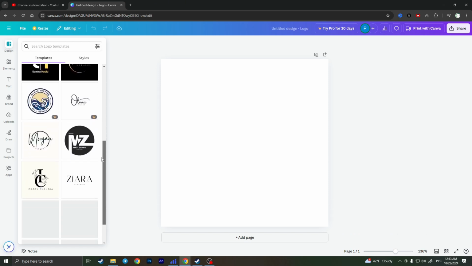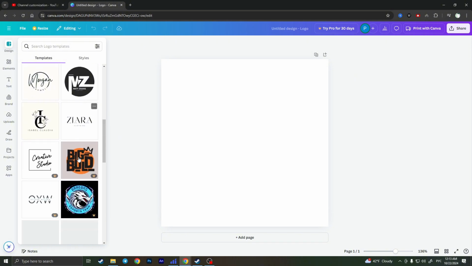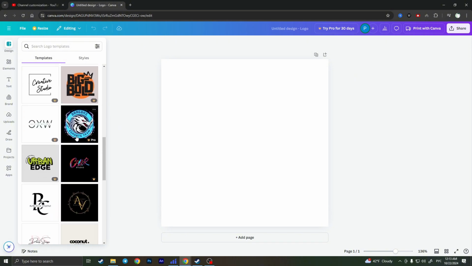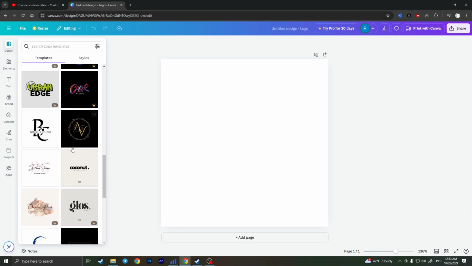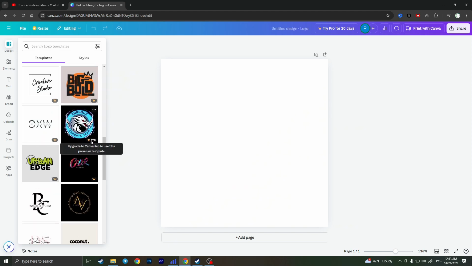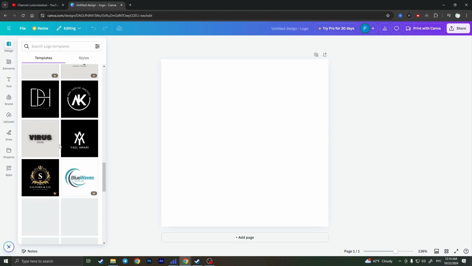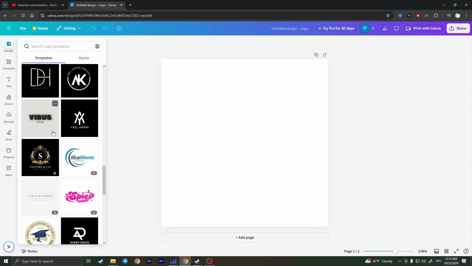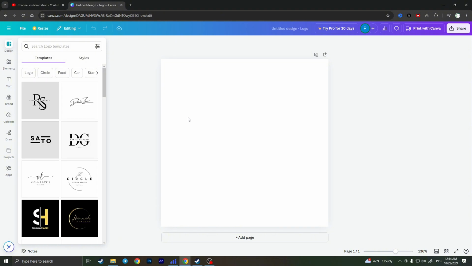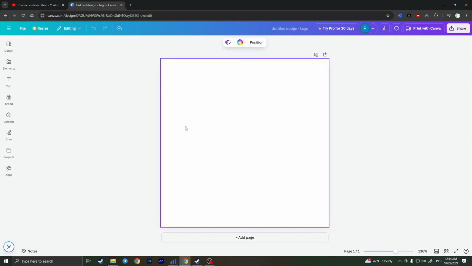If you scroll them down, you can find some interesting templates if you want. So for example, yeah, there are some cool templates, but if you see the little crown next to the template, it means they are for premium users of Canva, so you can't use them on the free version. If you don't like or you want to make the logo from the scratch, I'll show you how to do that. So first of all, click on the blank space,